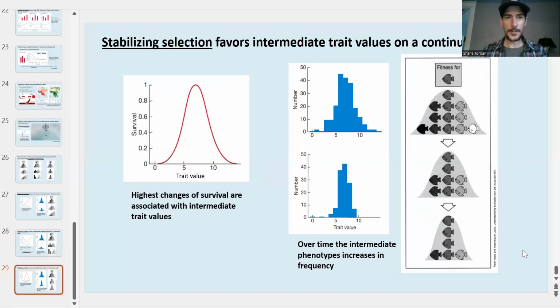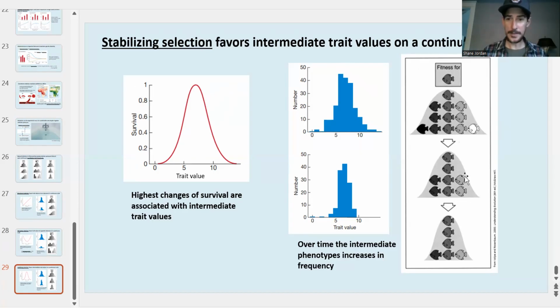And then this other model that comes up is something called stabilizing selection. Stabilizing selection is a scenario where selection is favoring intermediate trait values along this scale. So we might again have our trait values here on the x-axis, and it turns out that individuals with the most intermediate values of this trait have the highest chance of survival. And so once again, if we start with our sort of normal distribution of our fish phenotypes over time, fishes with the intermediate trait